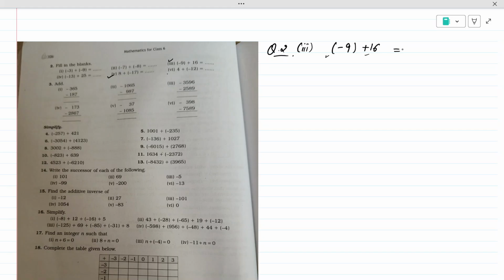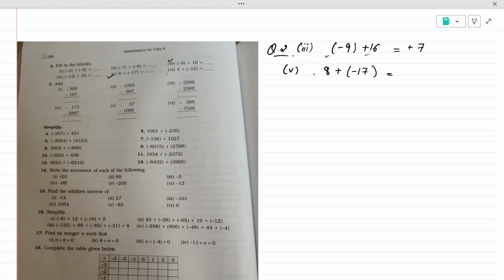Okay, and with simple addition and subtraction, you can get the answer here. It will be 16. You can also write this as 16 minus 9, and with 16 minus 9 you will get 7 here. The answer is 7 and it will be plus 7. Okay, similarly we can do the fifth question, where we have 8 plus